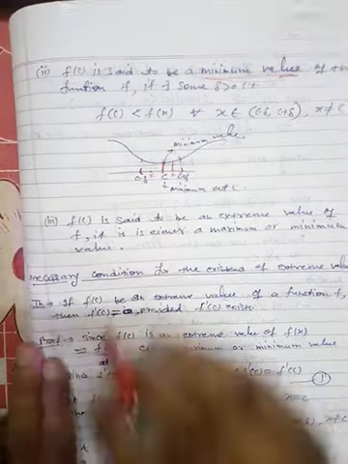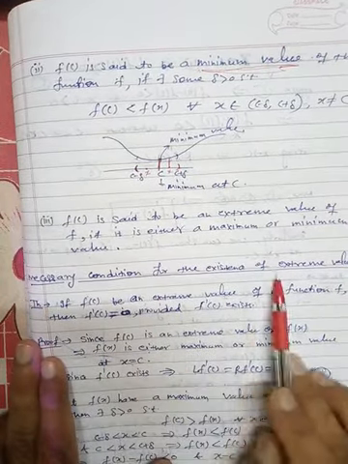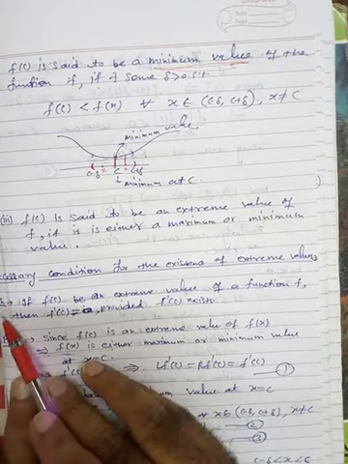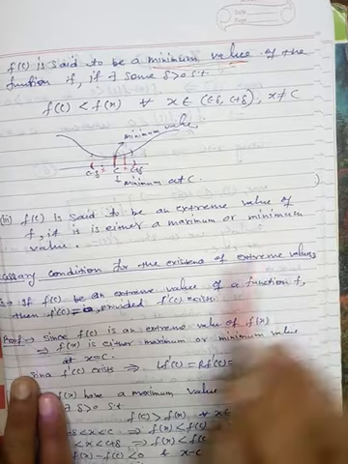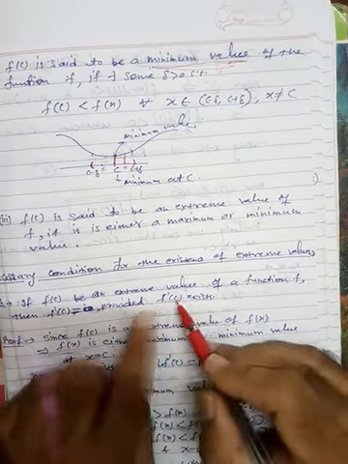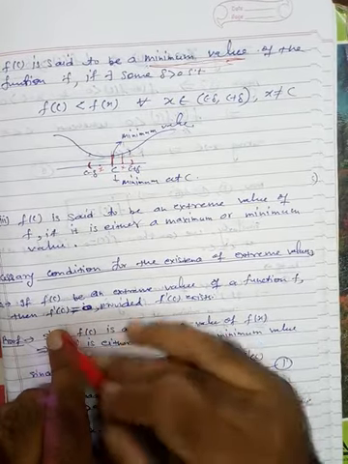Now we have a theorem. What is the theorem? Necessary condition for the existence of extreme values. So the theorem says that this is the necessary condition जो हम यूज करते हैं मैक्सिमा मिनिमा में. क्या करते हैं हम? We just differentiate and put it 0. This is the necessary condition. ये हम यूज करते हैं. तो कैसे ये कंडीशन आई?